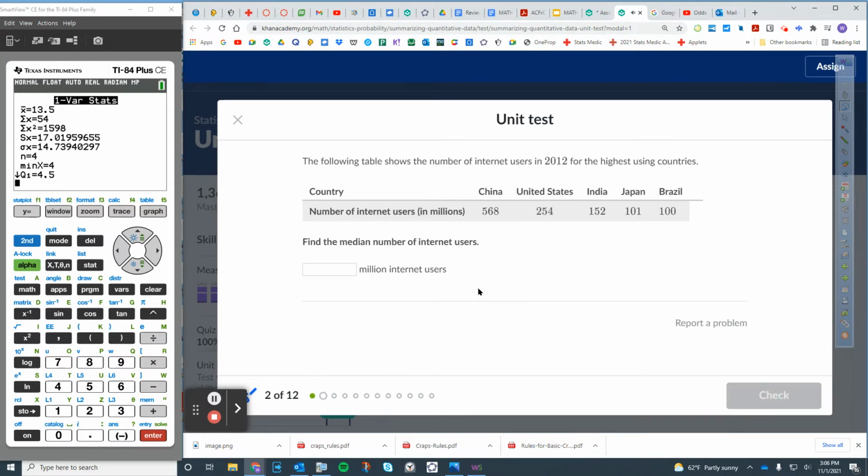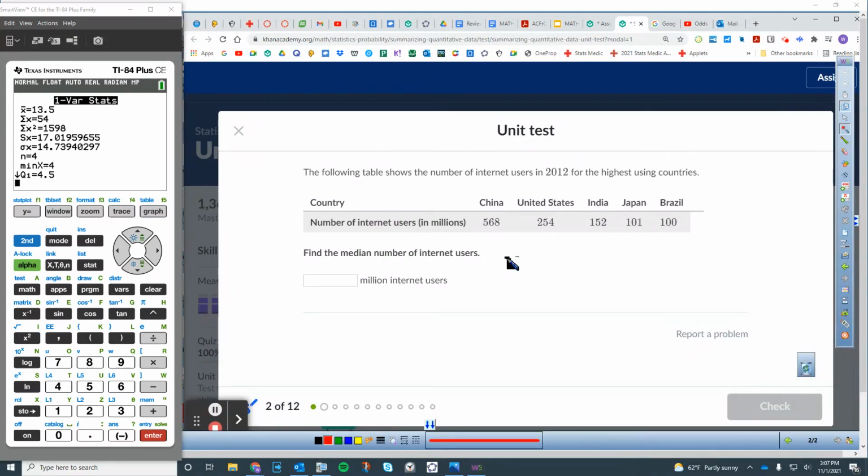Okay, so here we have a bunch of data, right? The following table shows the number of internet users in 2012 for the highest using countries. So number of internet users. So those are all the values, right? China, Japan, Brazil, India, United States. Find the median number. In order to find a median number, sometimes we can put it into calculator, but wouldn't that be quicker if we just arrange it from smallest